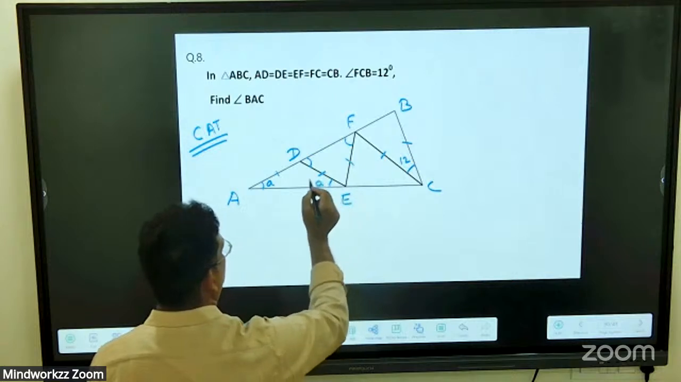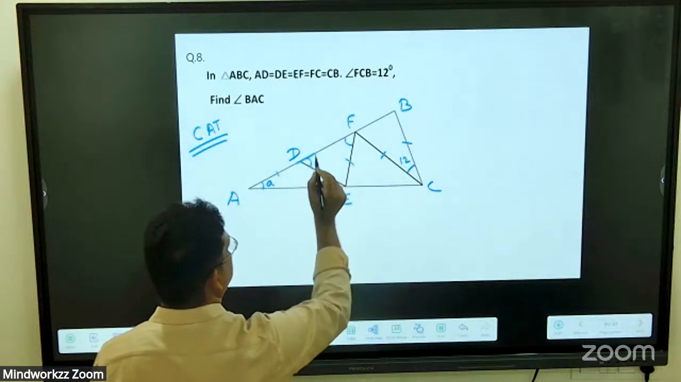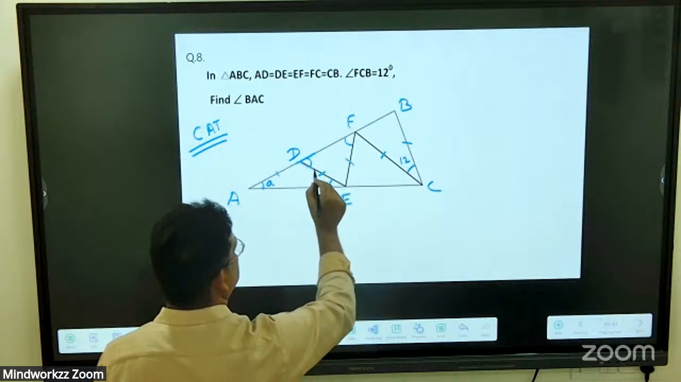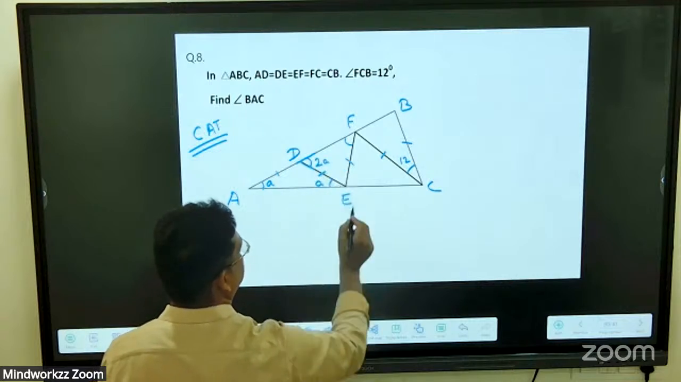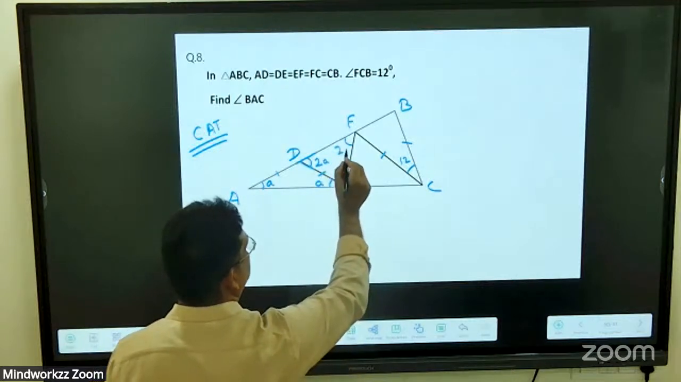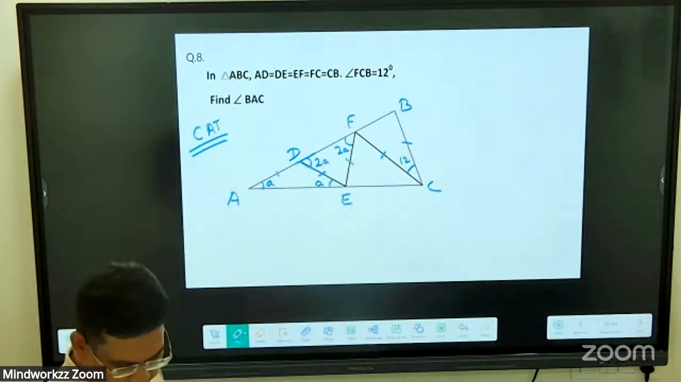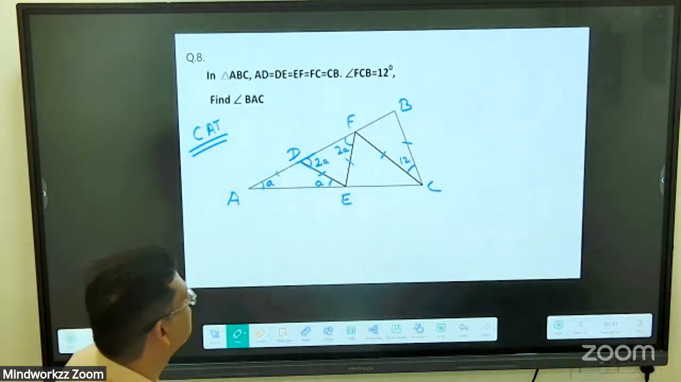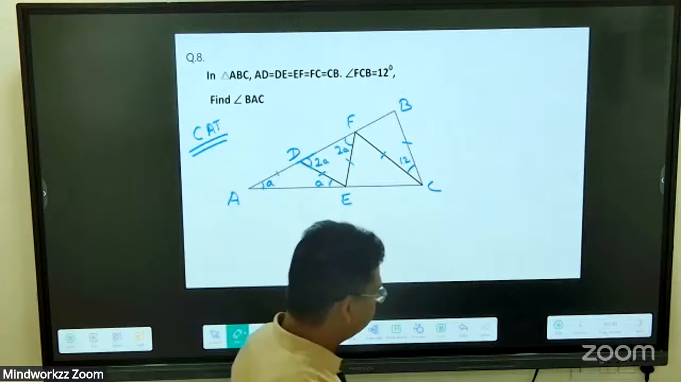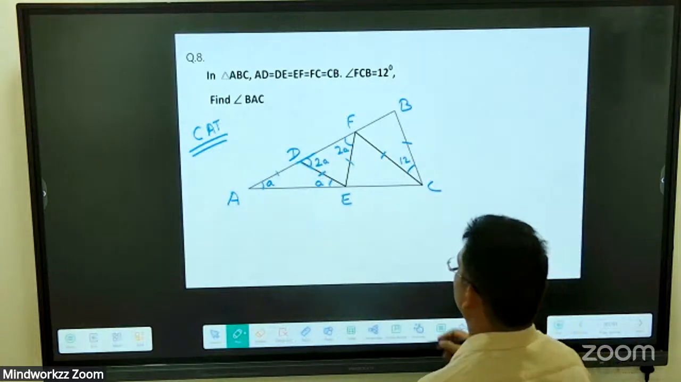Why? Because if you look at triangle ADE, this is an exterior angle to this. This is an exterior angle, right? So it will be the sum of the opposite angles. This is 2A, right? And this would also be 2A because if these two sides are equal, the angles will be equal, right? So this will be 2A. This will also be 2A. Now, this and